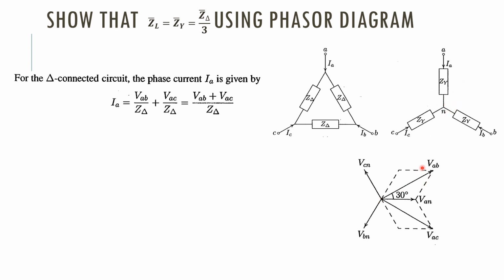So VAB is here, that is this voltage VAB. VCA will be here, therefore VAC will be in the opposite direction to that, because VCA will be here, right? So VAC would be here,